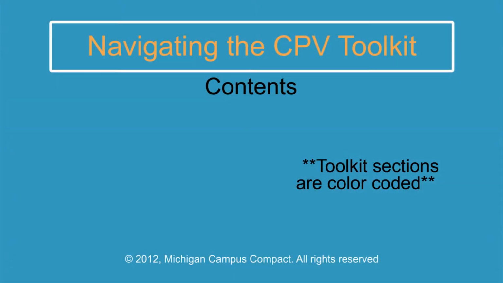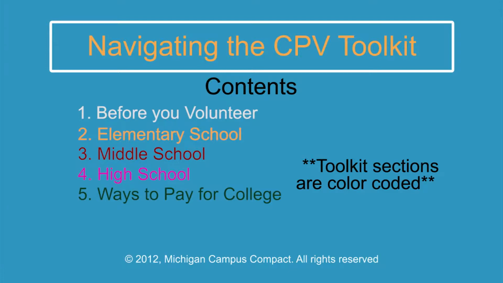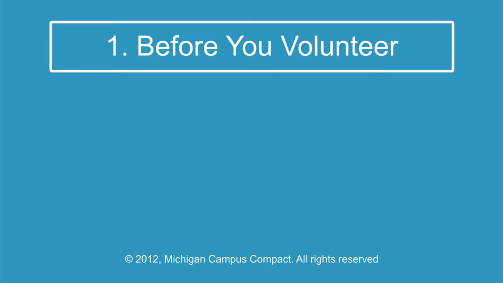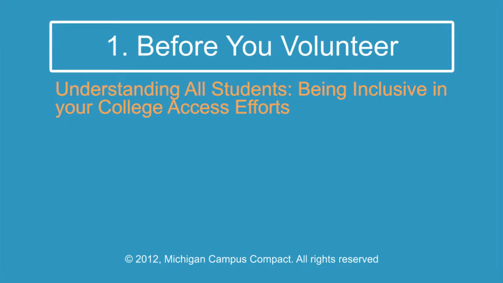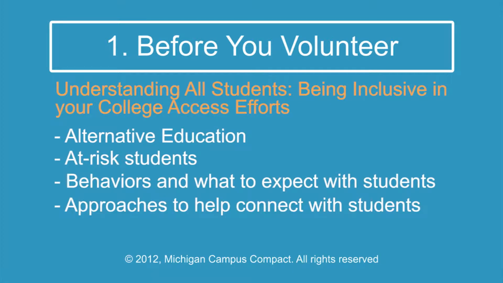So in the contents we have Section 1, before you volunteer; 2, elementary school; 3, middle school; 4, high school; 5, ways to pay for college; 6, additional resources; 7, glossary of terms; and 8, the appendix. So before you volunteer in the manual, you have understanding all students, being inclusive in your college access efforts. So here we're referring to alternative education, at-risk students, behaviors and what to expect with students, approaches to help connect